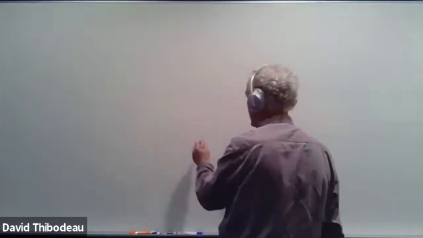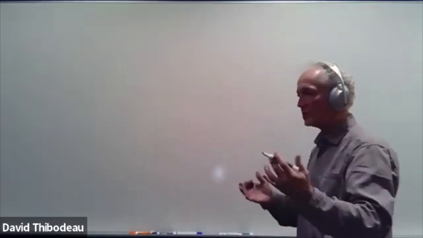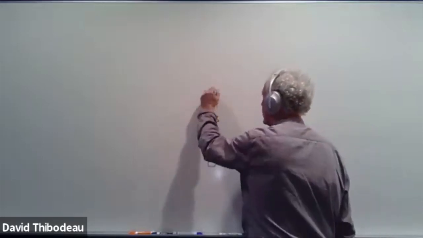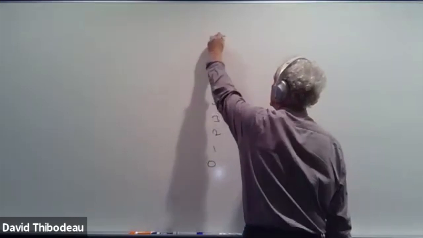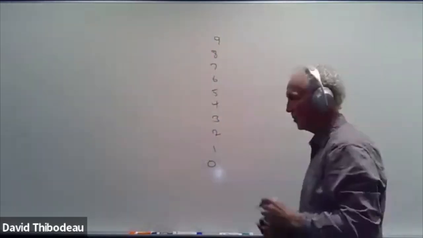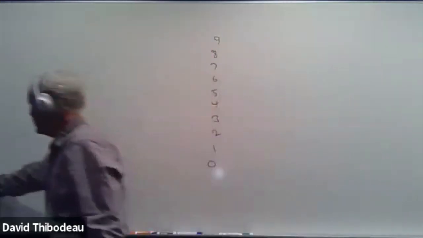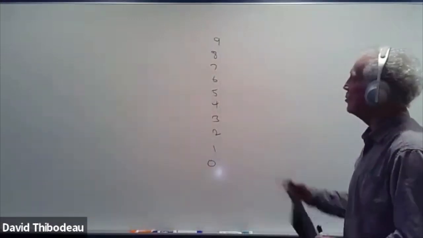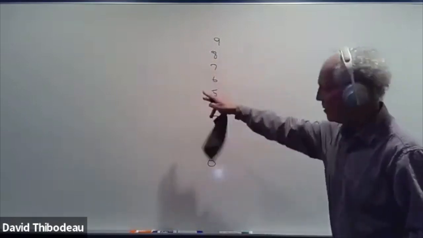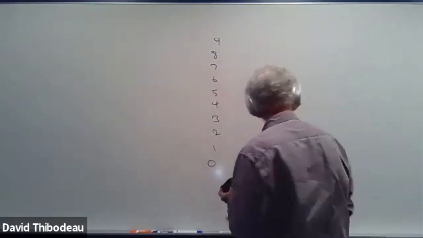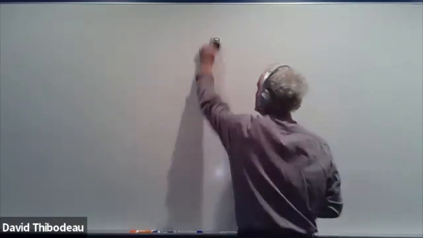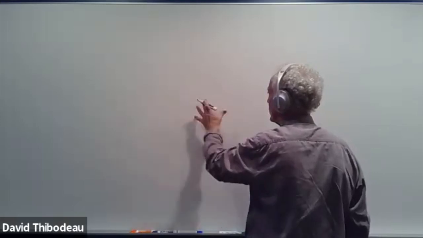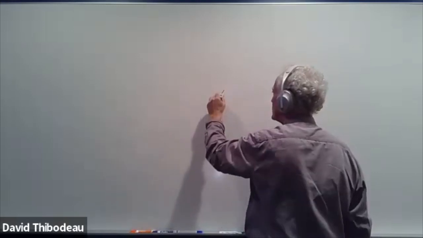So base 10, we have 10 different symbols, right? 0, 1, 2, 3, 4, 5, 6, 7, 8, 9. And there's no symbol for the number 10, because here are the 10 symbols starting from 0. So once we get above 9, we roll over. So anyhow, when you do a larger number, you have the first column, which